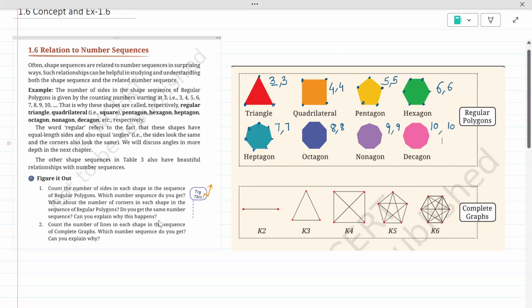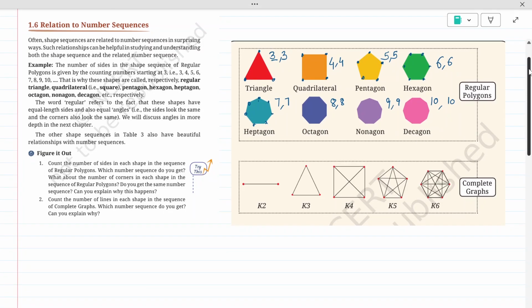Okay. Now, do you get the same number sequence? Yes. And can you explain why this happens? This happens because the sequence which these sides and these dots follow is counting numbers. Okay. So that's why the sequence is also the same. So in short, I'm writing the answer here. I have already defined the number of sides and corners in this figure, and what I can write here is